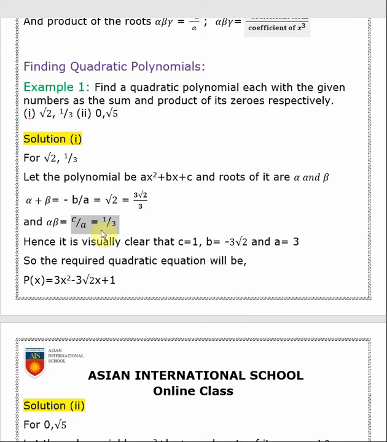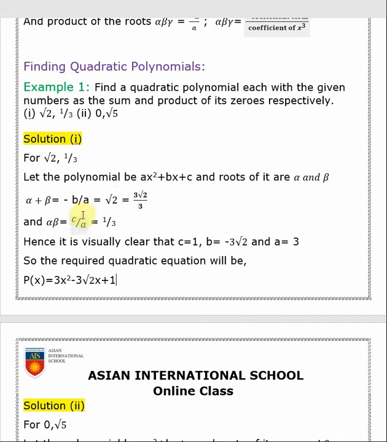Now from this expression, if I take a as 3 and c as 1, then c equals 1, a equals 3 is found. Now what is remaining? b. Now if we compare, this equation has minus b by a equals root 2. Now a we have taken as 3 here, that means according to a equals 3, there must be a 3 below, but here there is no 3. So what we have done, we have multiplied 3 up, then we have written the 3 below to satisfy the a equals 3 condition. That is what makes me get b equals minus 3 root 2. Clear?